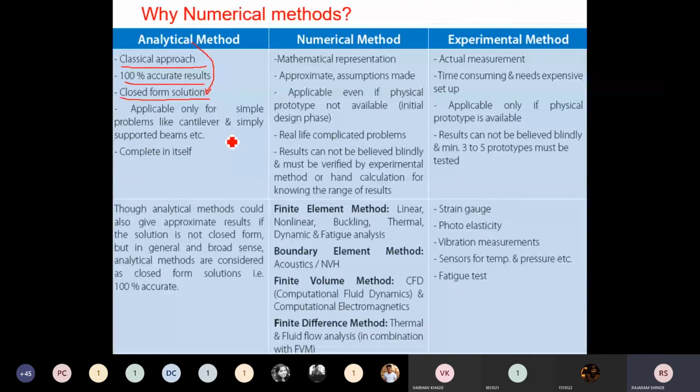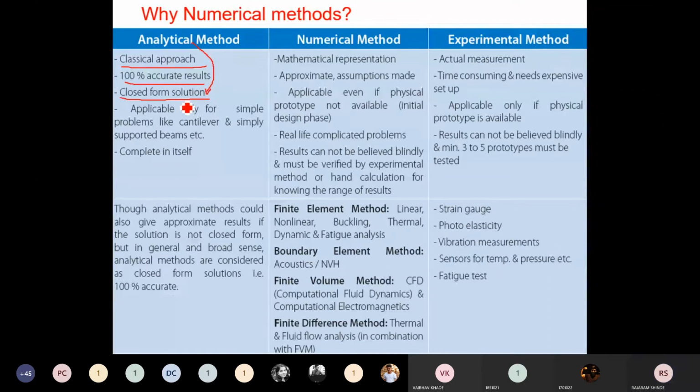Again, one more thing. See here, the equations which we have derived in analytical methods are based on so many assumptions. I will tell you one example from fluid mechanics. All equations, starting from Bernoulli's equation, Navier-Stokes equation, Reynolds equation, are based on some assumptions. Am I right? Now see here, you have derived Bernoulli's equation. Bernoulli's equation you have used for all fluid mechanics. Do you agree with this?